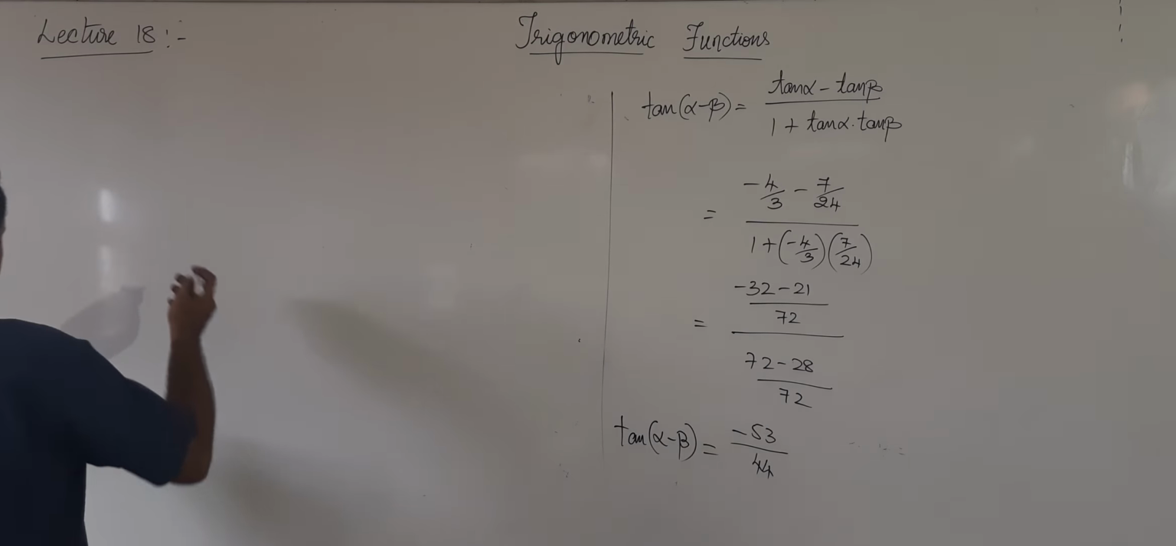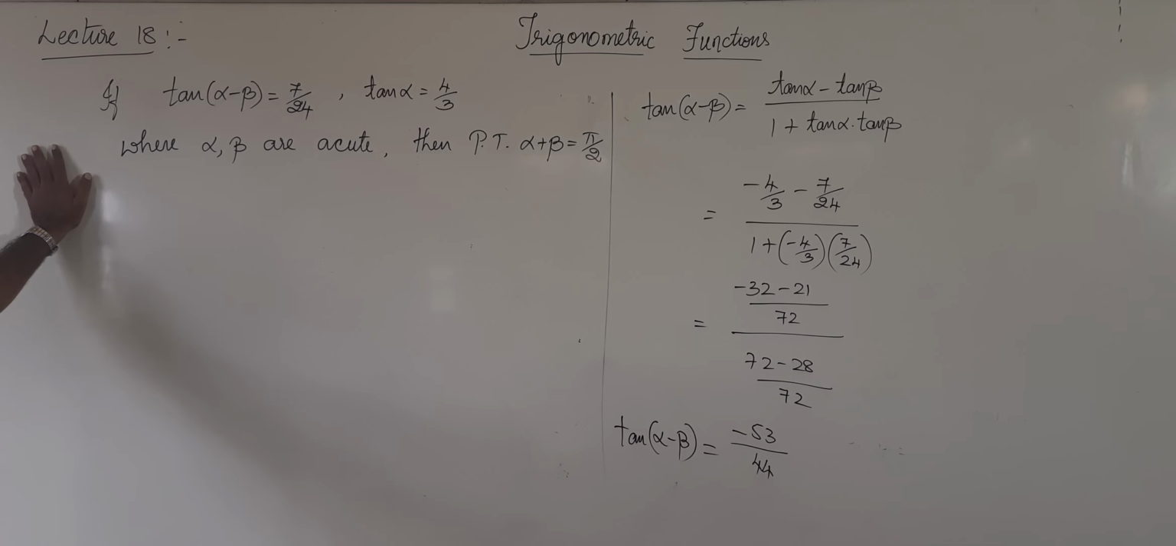Okay. So, they have given that tan(alpha minus beta) is equal to 7 by 24. Tan alpha is equal to 4 by 3. We will show that alpha plus beta is equal to pi by 2. Okay. Now,